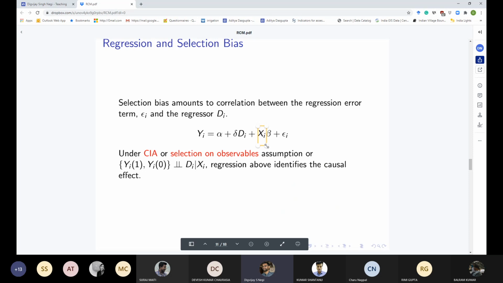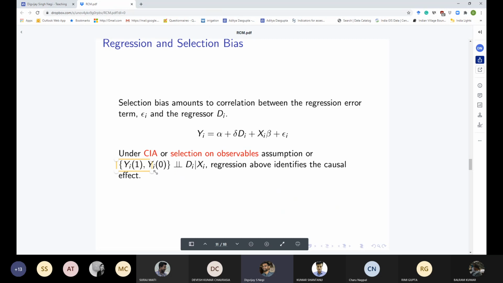And once I control for these factors, the assignment of treatment between these two groups of students is as good as random. So that kind of assumption is called the conditional independence assumption, or we also call it selection on observables. So selection on observables means that the process through which students ended up in IGIDEA and students didn't end up in IGIDEA was entirely driven by what we observe, the observed characteristics of these people, and ability had no role to play, which is unobservable.